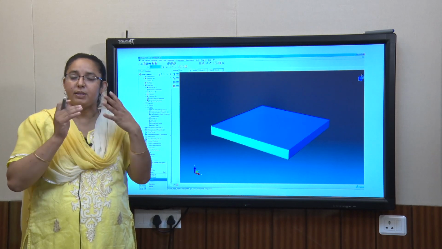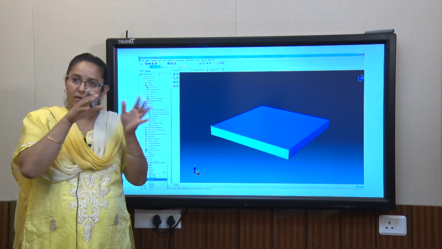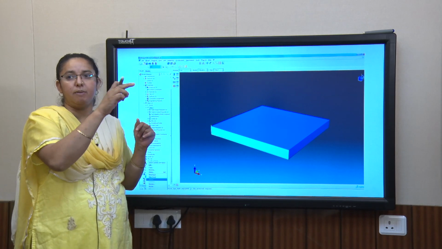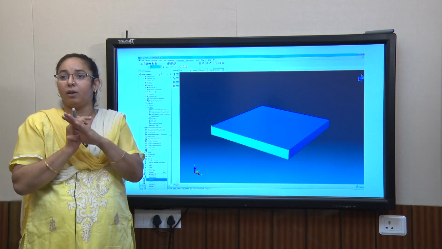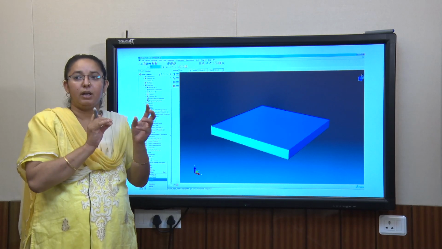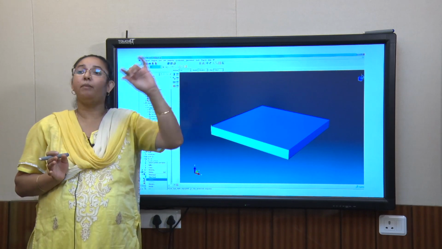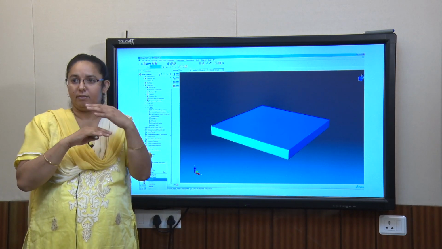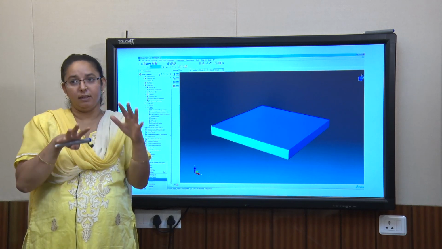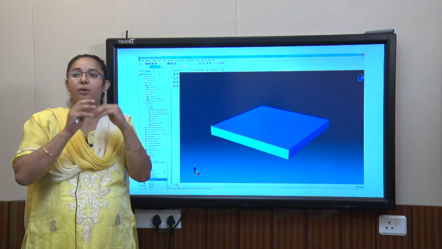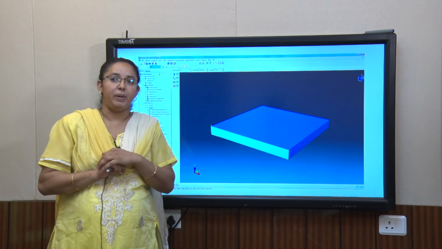Let us say first you try a plate with all square edges, then later you try some fillet radius and see its effect on stress behavior, or put in a small hole or a bolt, or welding beads later on. So first you make a simple structure, analyze it, verify that the material properties and other things are working fine, and then you include the complexity.